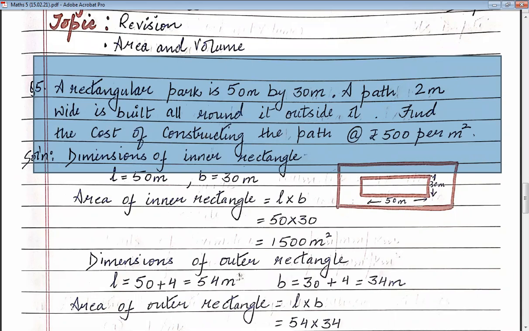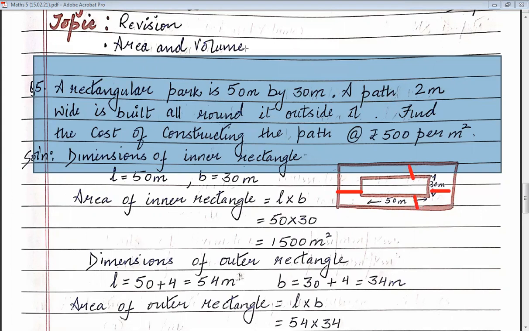Now, children, let's discuss what is given in the question. Now, in this first thing is given, the length of the park is given 50. Now, you can see that this is dimension. So, this is the length of the park, and breadth of the park is given 30. See, here it is written 30. Okay. So, length and breadth of the park is given 50 and 30 respectively. Now, then 2 meter wide is built all around it. So now from here also it is 2 meter wide. Here also it is 2 meter wide. Okay. All around it is 2 meter wide.